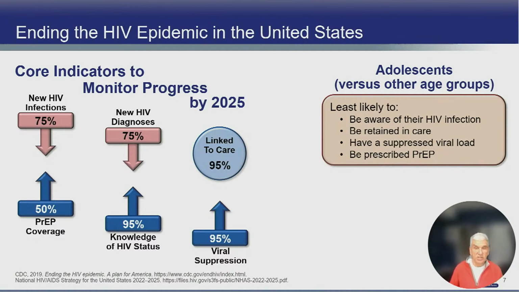In order to end the HIV epidemic in the United States, we know that we need to decrease new HIV infections by 75%, increase PrEP by 50%, improve knowledge up to 95%, improve diagnoses, improve suppression rates. But we know that amongst these goals, adolescents are least likely to be aware of their HIV infection, to be retained in care, to have a suppressed viral load, to be prescribed PrEP. So although we have all of these great goals, it's not clear how we're going to translate these goals to